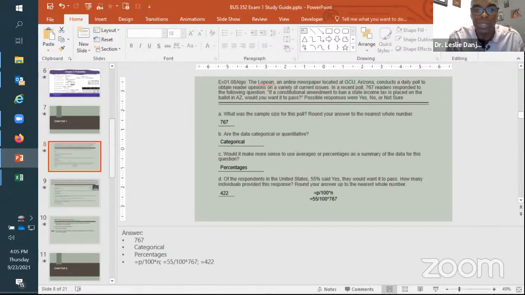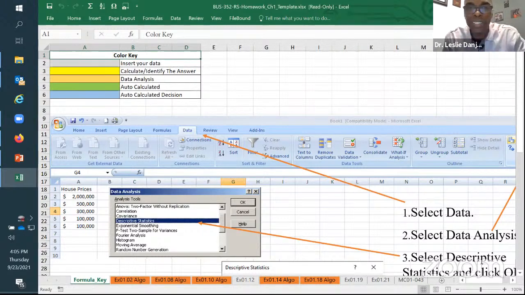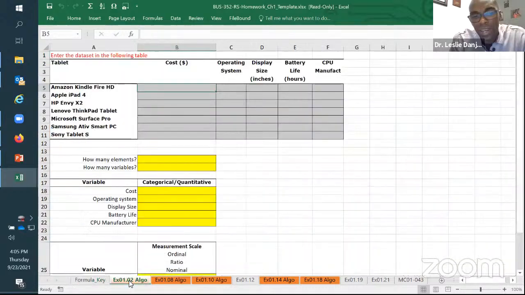So I'm going to minimize this. This is what I need you guys to do. Highlight 01.02. Highlight 01.02. If you're a Mac user, you can actually do 3 at a time. So I'm going to show you guys how to do 3 tabs and move it over into that new Excel that you created. If you were to press Control and click on exercise 01.08, click it, both these should be